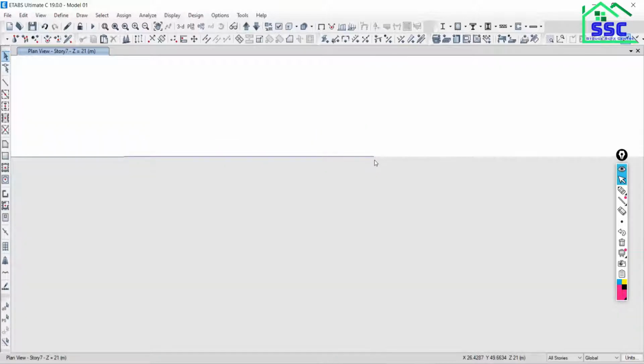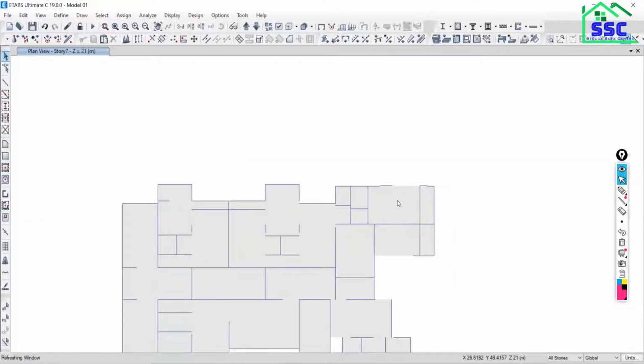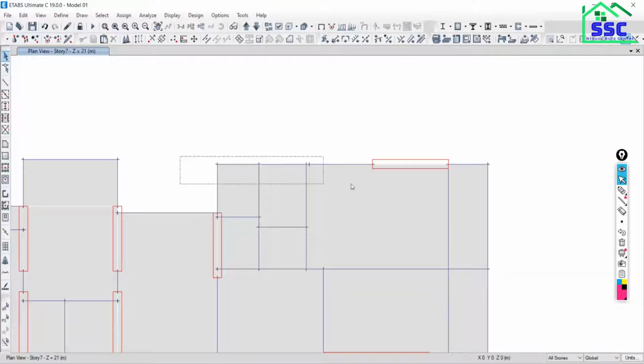So we have to align this beam. The same procedure we have to follow. Just drag from left to right, select all the beams and all the joints along this line, and select any perfect point. This is the reference point whose Y ordinate is 49.6652.